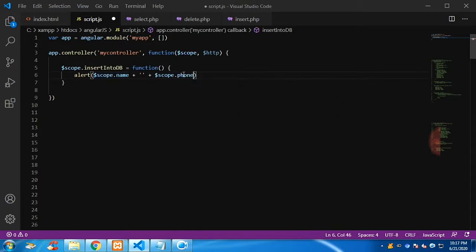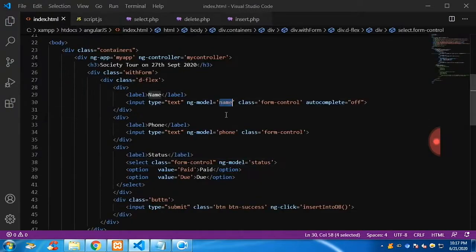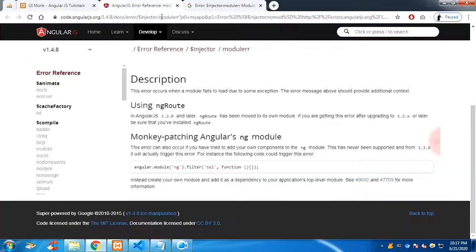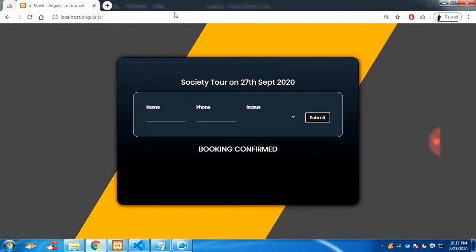And let me access the select tag as well. Ng model name, ng model phone. And again, let me access the select tag as well. Copy paste it again. Now change it to scope status. So if you refresh it, and if you click on type something,